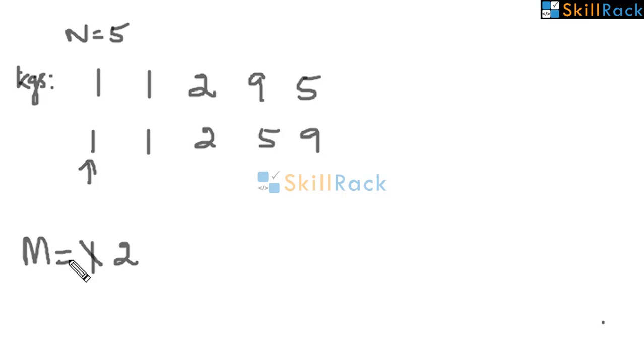This means 1 can be measured. So we are going to the next value, which is 2 here. Then we are moving the pointer. So now again the value is 1. You are checking whether this particular value is less than or equal to 2. Yes, 1 is less than or equal to 2. So now you are adding this value also to m. So now m becomes 3. Then you are coming to 2. You are checking whether the current value is less than or equal to m. Yes. Then you please add that.